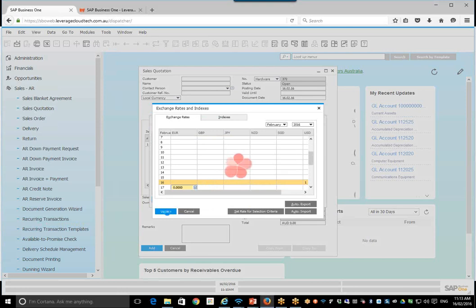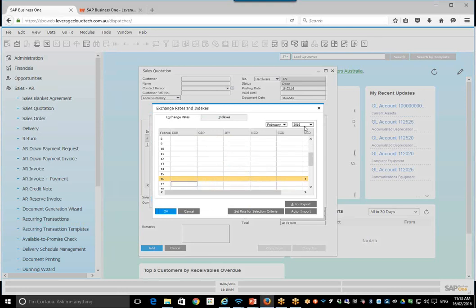I've picked a customer that's using a foreign currency, so that's one of the reasons why I'm now getting that screen coming up. But I can go ahead now and start processing that transaction. All right, so pretty much all of the standard functionality that's available in SAP Business One, you can access through